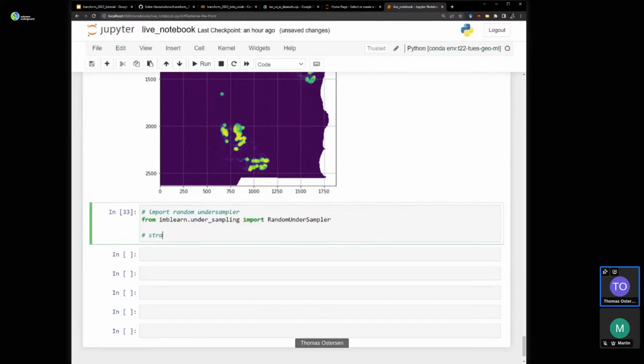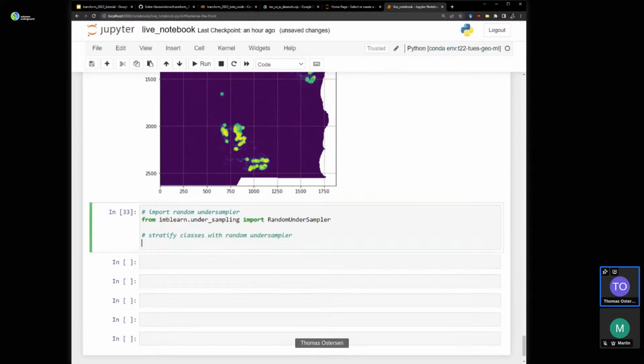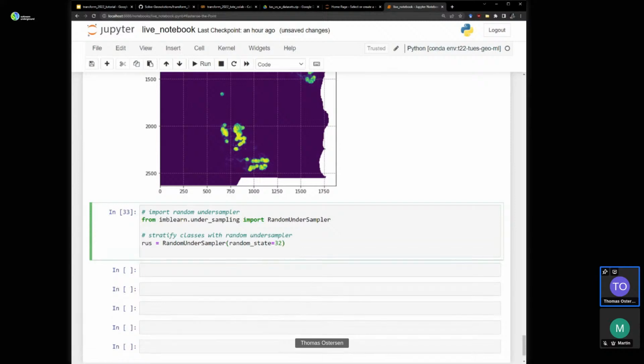Right, so stratify classes with random undersampler. First instantiate a RandomUnderSampler here, which is called rus, with random state 42. Then X_strat, y_strat equals rus.fit_resample(X, y).